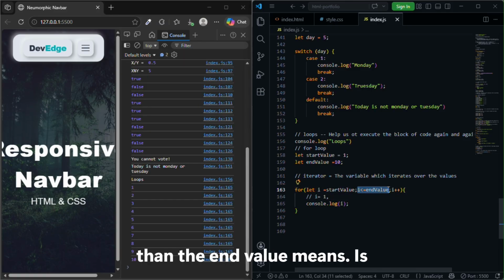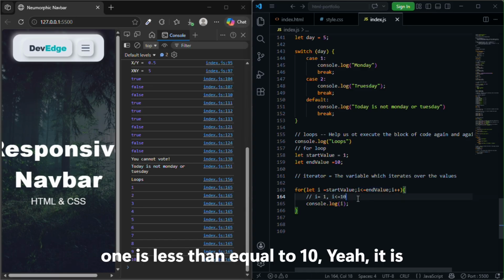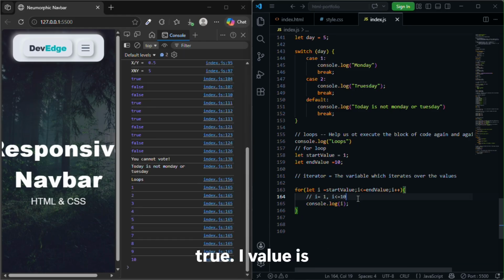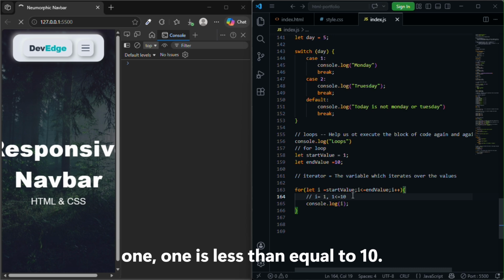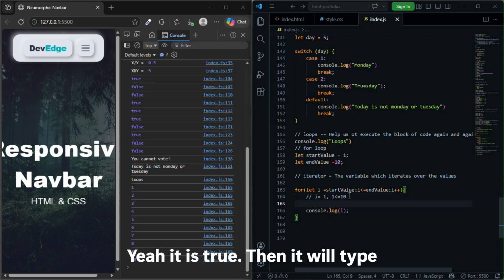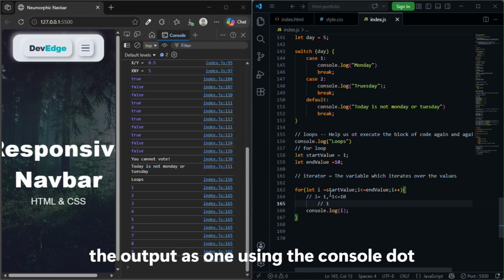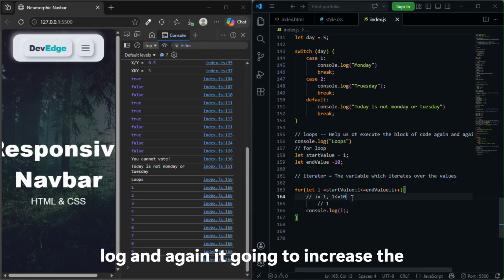Is i less than the end value? Means is 1 less than or equal to 10? Yes, it is true. The i value is 1. Is 1 less than or equal to 10? Yes, it is true. Then it will print the output as 1 using console.log, and again it is going to